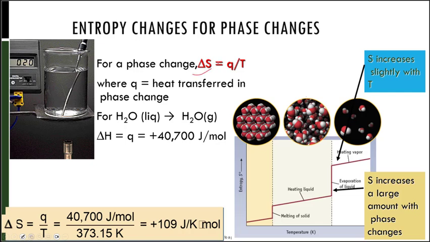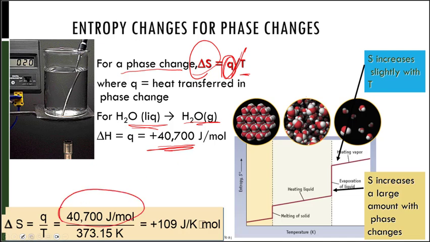To calculate entropy during a phase change, we simply take our Q divided by the temperature. Q is our heat transferred in the phase change. So if I know that Q for the phase change going from liquid to gas is 40,700 joules per mole, I can take that Q and divide it by the temperature at that phase change to get my delta S. We can see here that S increases slightly with T here, but yet S increases a large amount